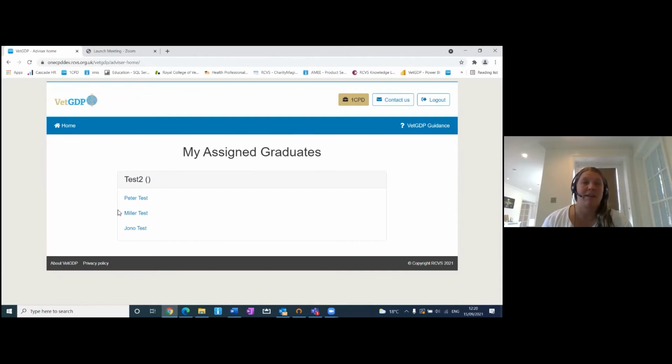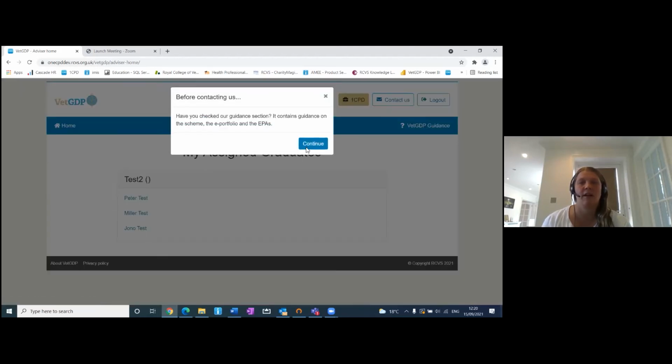So that's basically how the VetGDP advisor portfolio works. It's very straightforward. It just gives you access to everything that the graduate records. But remember that you can use the contact us button, and just